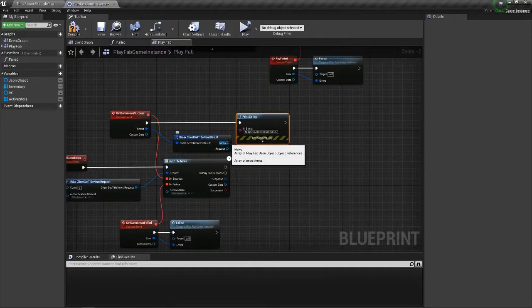Then you probably want to save your news, because each time that the player comes back to the main menu, you'll probably want to call this, because something might have been released since then. Anytime the player comes back to the main menu of the game, anytime they're not in a multiplayer server, or they're not on whatever level they need to be, you probably want to make sure that something hasn't been released for the game. If there's any more news, if there's been a patch, anything like that, because obviously you don't want